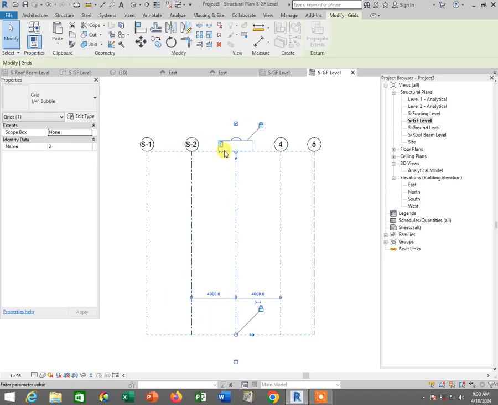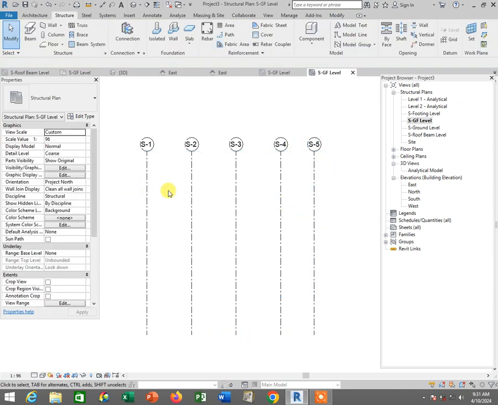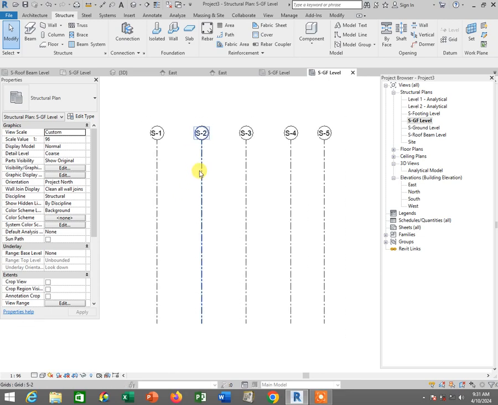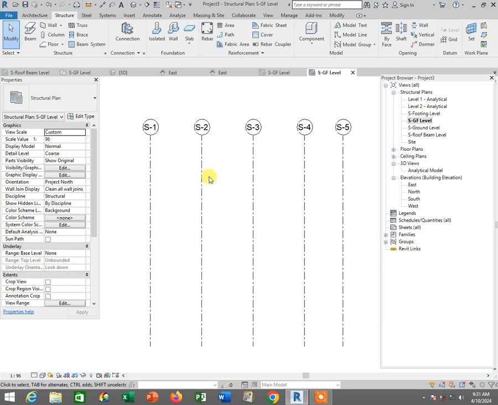Double click over here, I type S-3, and double click over here, I type S-4, and double click over here, I type S-5. Okay, so it is okay if you accidentally draw it wrongly, as in you've made